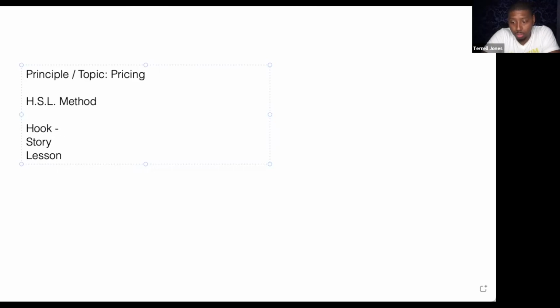Write this down. Actually, I want us to go through this together. Write down what your topic or your principle is going to be. It should be one of your top 12 that you teach on, or a derivative of that. Your top 12 is kind of like the larger pieces, but what's a derivative of that?